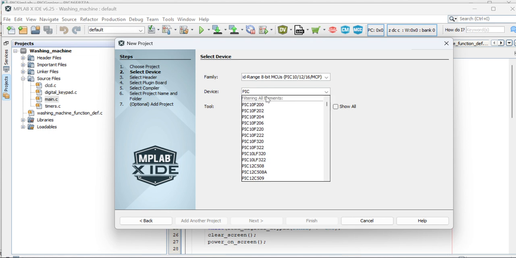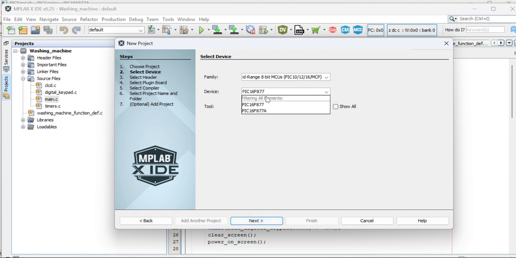sorry, and the device is pick 16F877A. This is the device which we are going to use in this project, and when we click next,